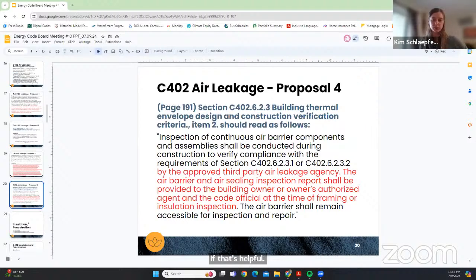Yeah, thanks, Kim. I think that is a really helpful perspective. Okay, so I don't see any other hands, and I'd love to do just a quick temperature check on how folks are feeling. Generally I see two options here. We can choose to take this out of the language, so basically keep the language as is, or add some version of Brad's suggested change into the code language, whether here or in a more appropriate section, and we can take that offline with Hope and Anna to figure out what that should be.